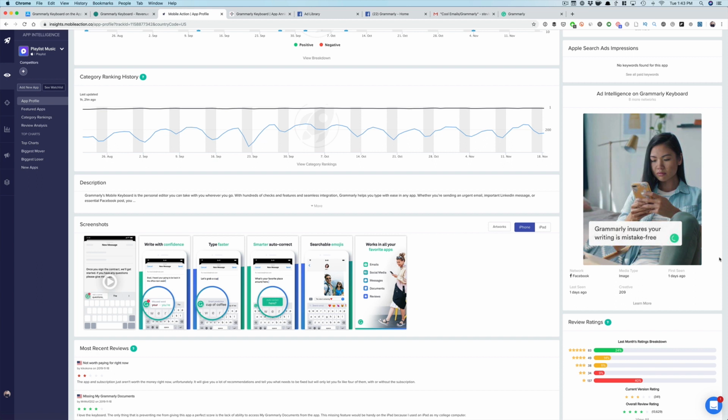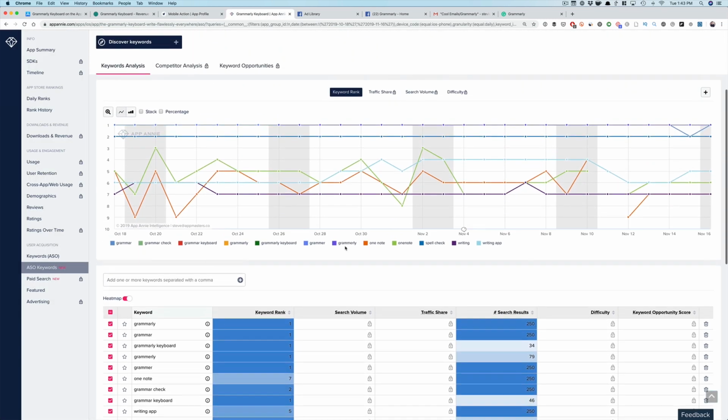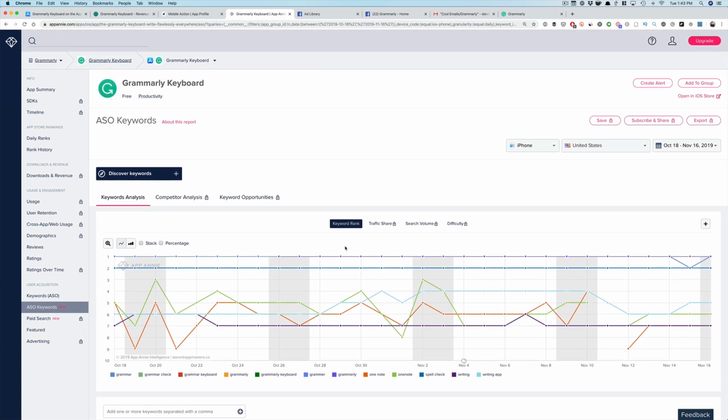The other thing I want to show you guys as well is let's look at the keywords that they might be ranking for. So I'm in App Annie right now. If you've been following along, App Annie is the only tool that allows you to see the top keywords that they rank for. So it looks like they've been featured a few times. That's good. And then here's what I'm going to look at is the keywords. So if you click here,